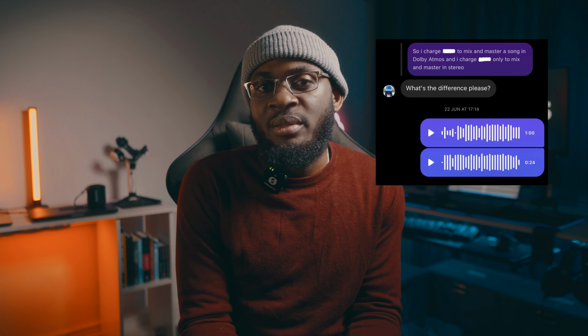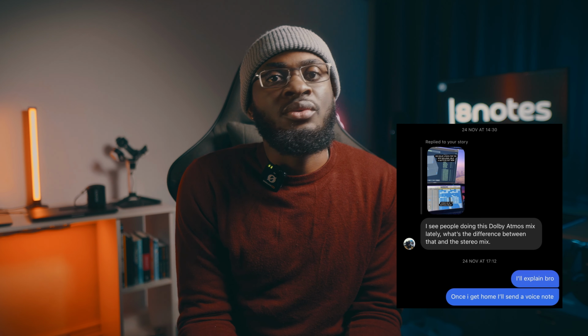Even when I make posts on IG, sometimes about Dolby Atmos or songs that are mixed in Atmos, some friends ask me in the comments or in the DMs, bro, what's the difference? What is Dolby Atmos? Because everyone's used to stereo and regular music. So what is this when you say, oh, I mixed this in stereo and I mixed the other one in Dolby Atmos? That's what I'm about to talk about today, and I'll try to break it down as much as I can, in my own way, without being too technical about it.